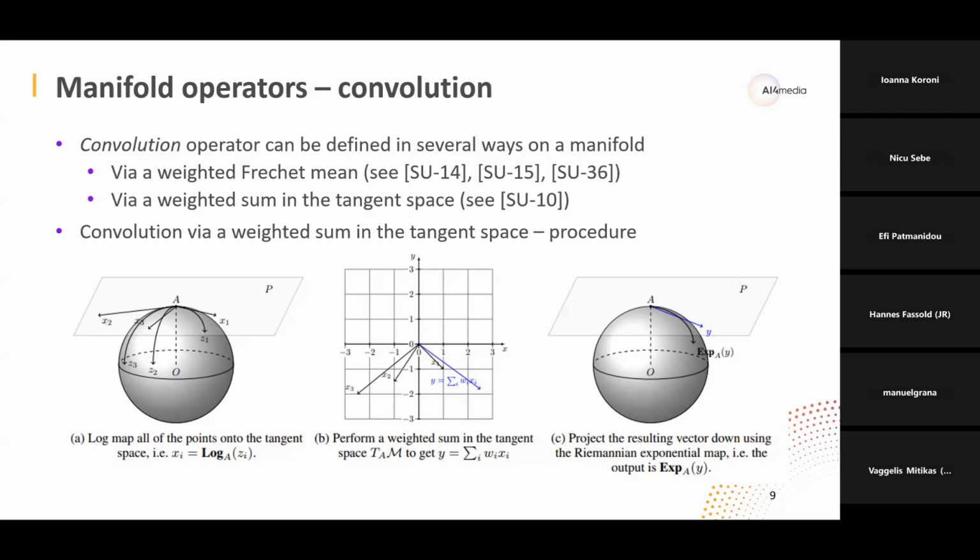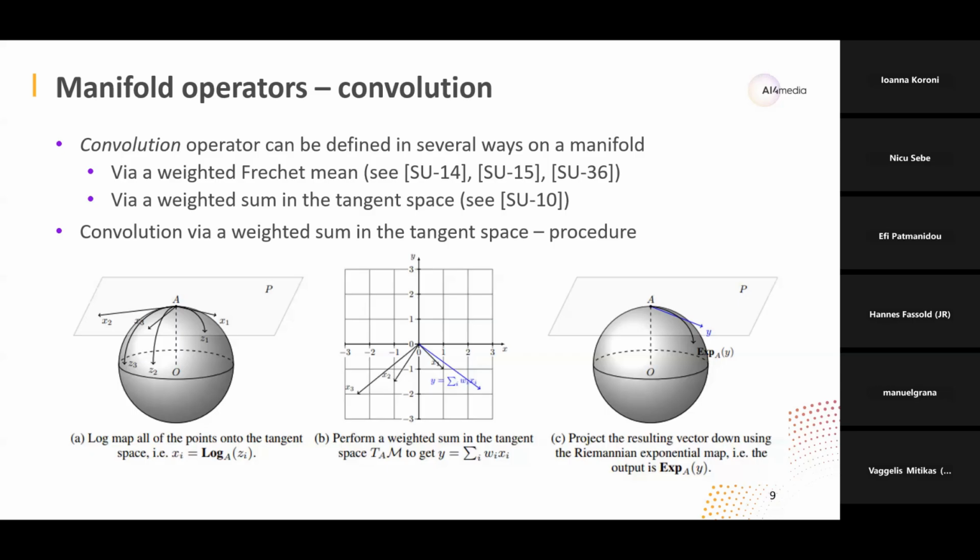And actually, the arithmetic mean, you can calculate it the same way as the minimum of the sum of the squared distances to all points which go into the arithmetic mean, but of course nobody does it that way. So it's just the natural generalization of the arithmetic mean. And then the other way is sort of as a weighted sum in the tangent space. And this is shown in the bottom, and it's also very intuitive.